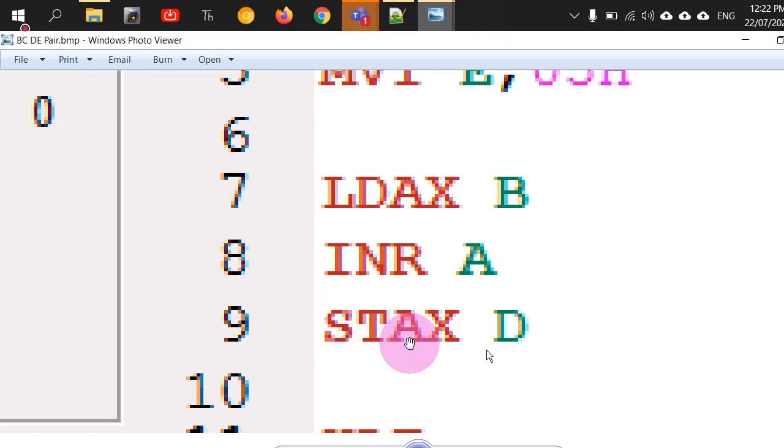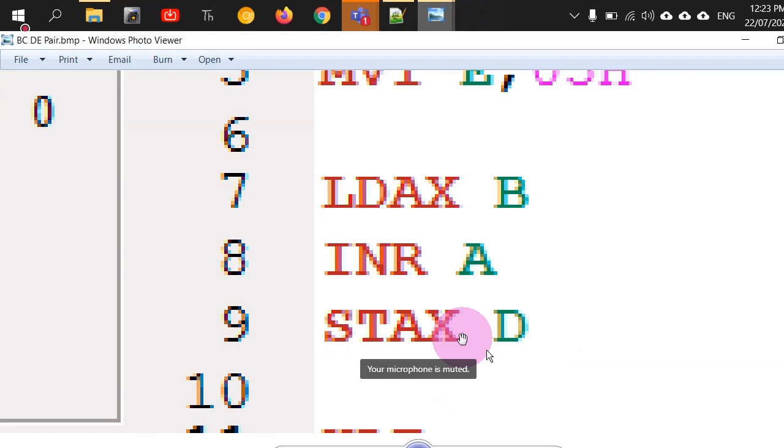If the command is not STAX, if the command is only STA, then you write STA 0005H. So it will store the contents of the accumulator onto the location 0005H. Whatever is placed in the accumulator will be copied to the externally interfaced memory at 0005H. A similar command that you see here is STAX. Now you can keep the address in the DE register pair, and at that particular address you can copy the value of the accumulator through this store command. So it is similar to LDAX, just the operation is reverse. In place of LD, you have ST. So the data transfer will be from the A register to the memory chip that you have.